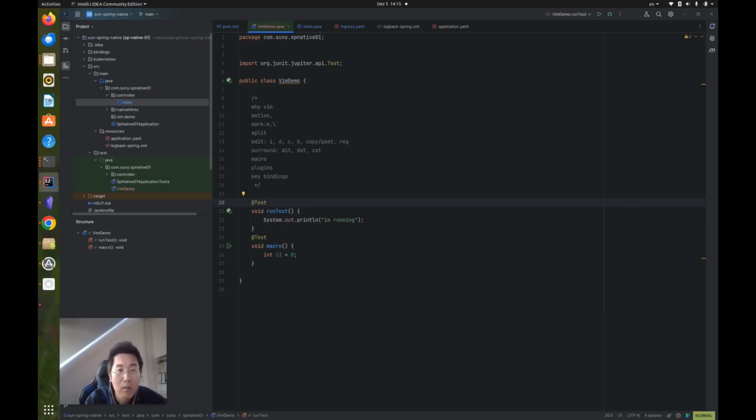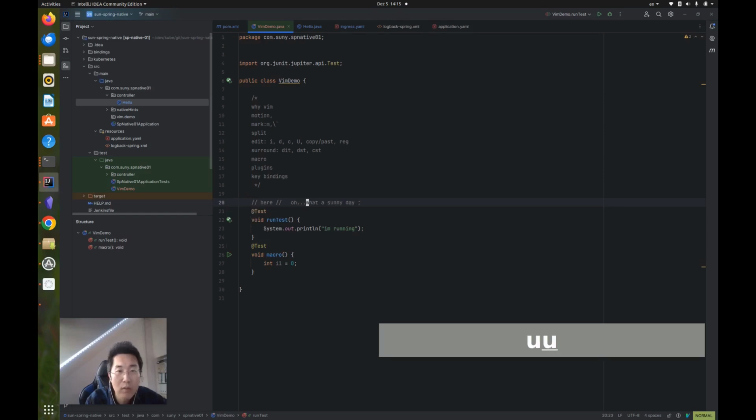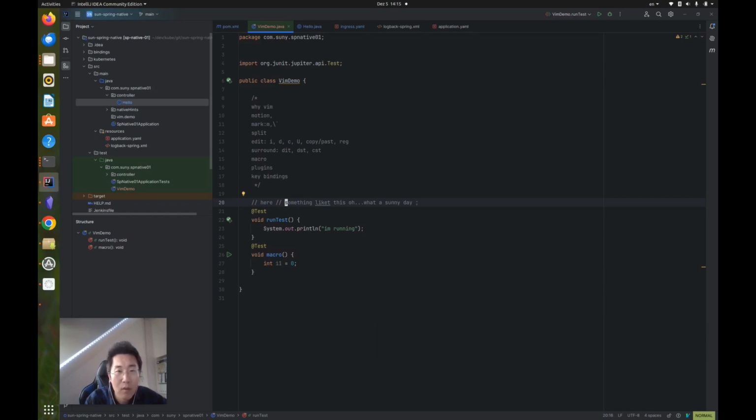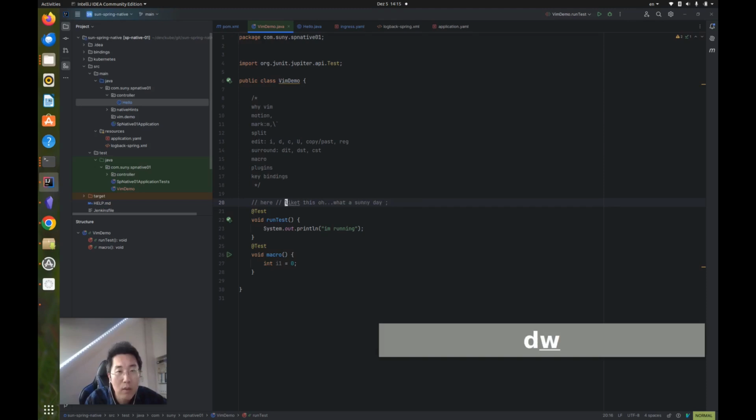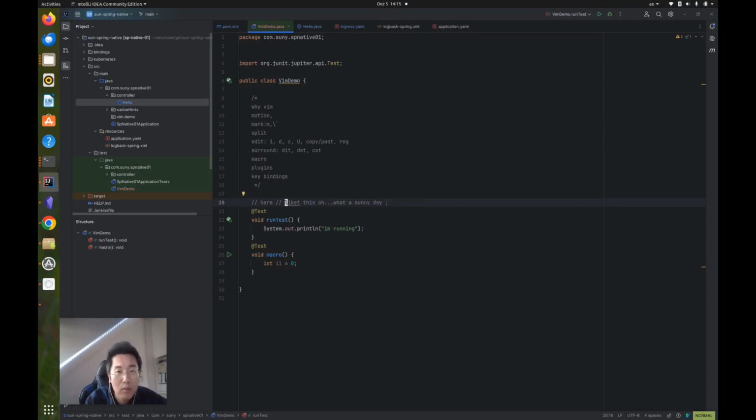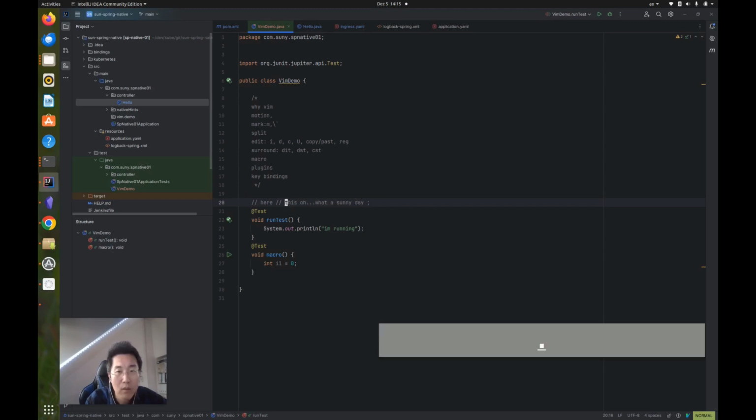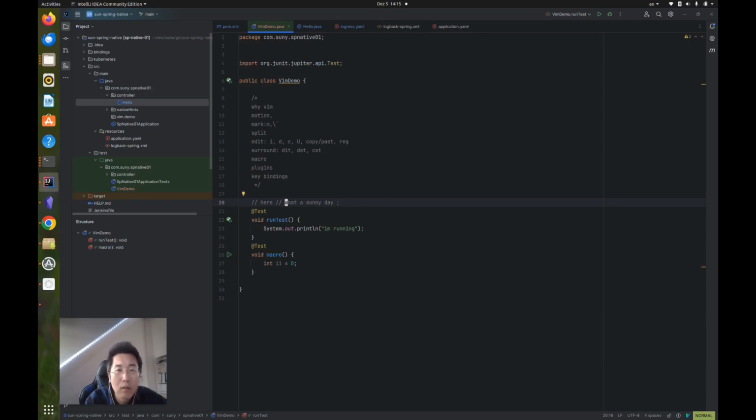And u means undo. You can undo the change. And if you want to repeat one operation, you can use period. Like, do it again, do it again, do it again. So that's command u, and the next one is